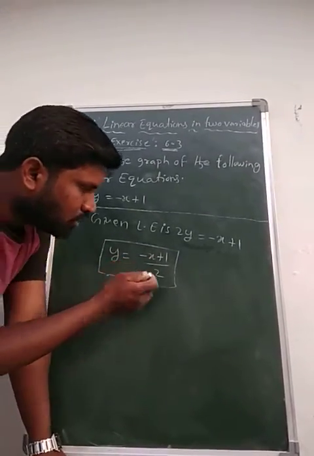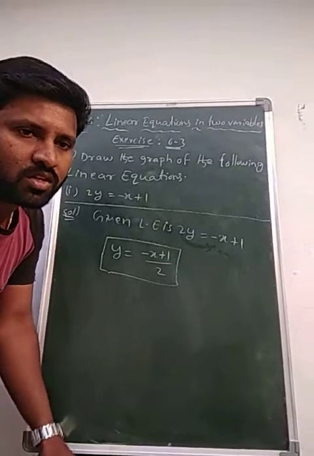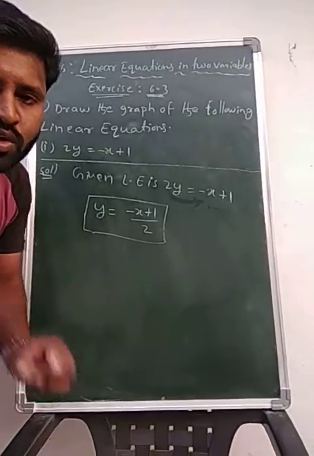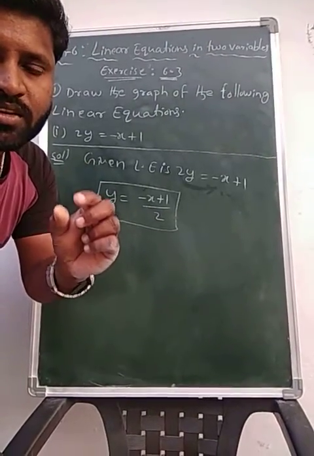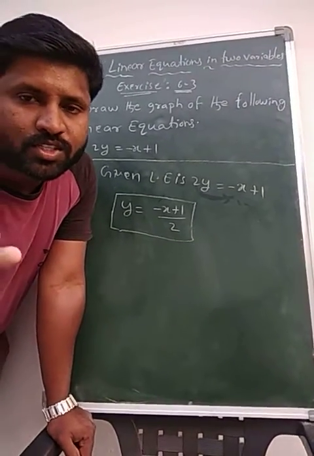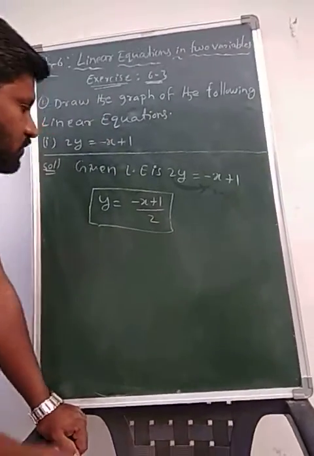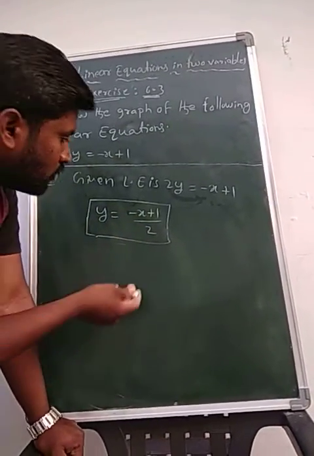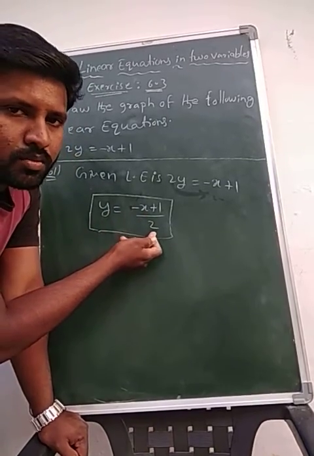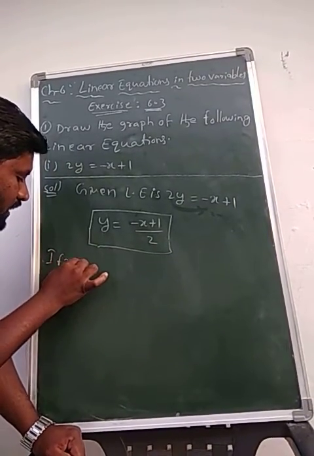So in the place of x you take different values. Already in exercise 6.1 and 6.2 we discussed so many problems based on this. We know that a linear equation in two variables has many solutions. Now see, we should use common sense. If we substitute in the place of x a value that is exactly divisible by the particular denominator. So what I am taking here, if x = 1,